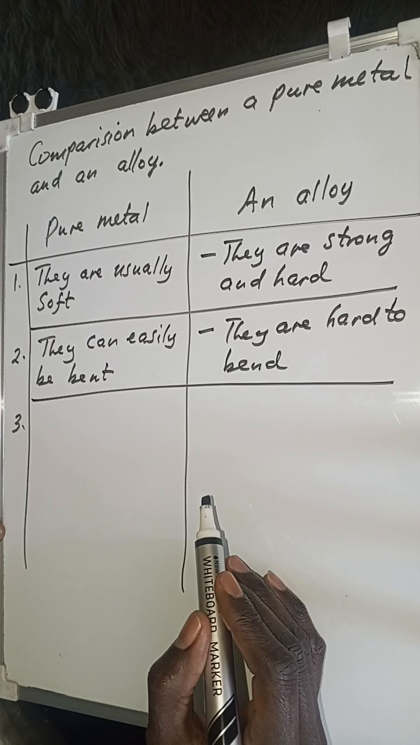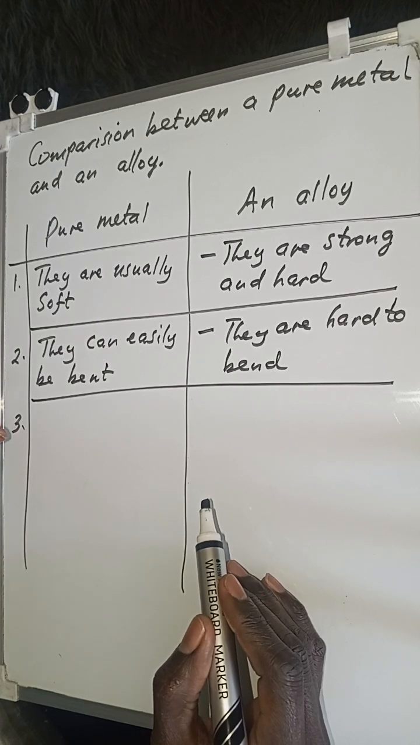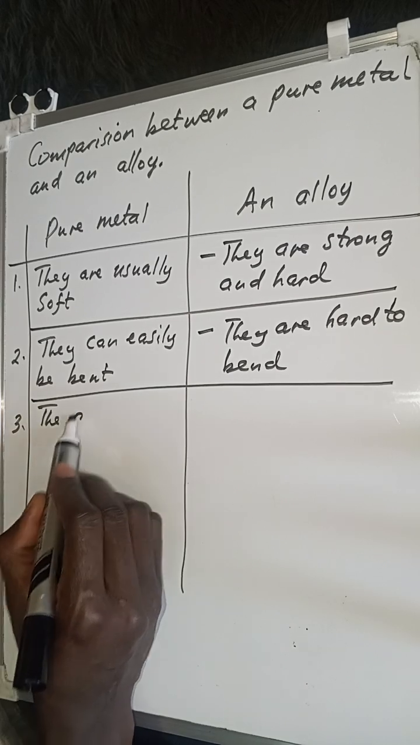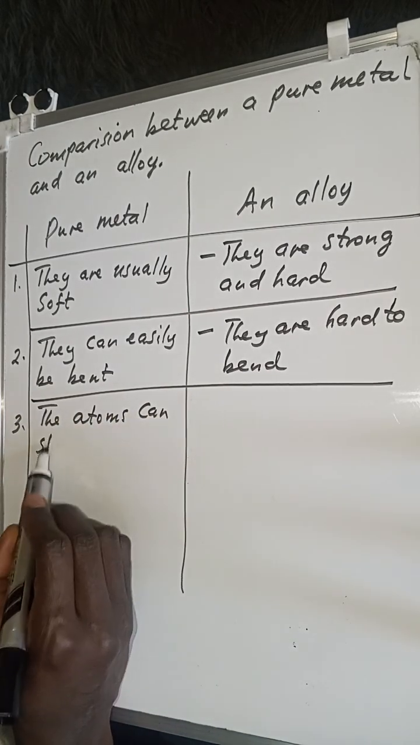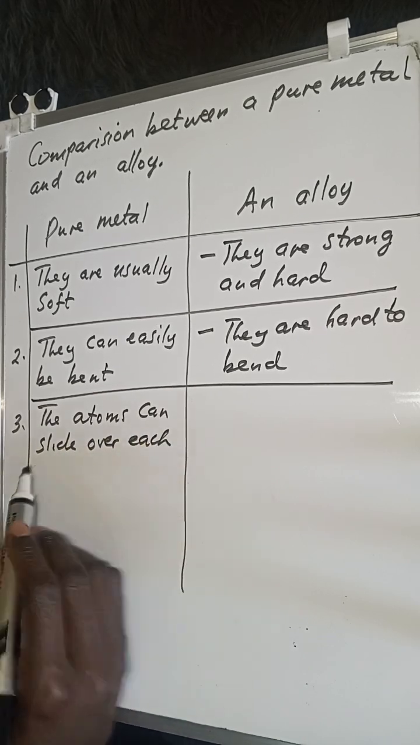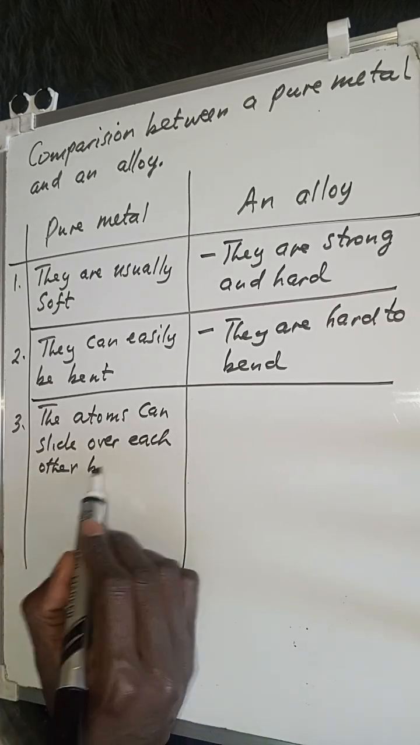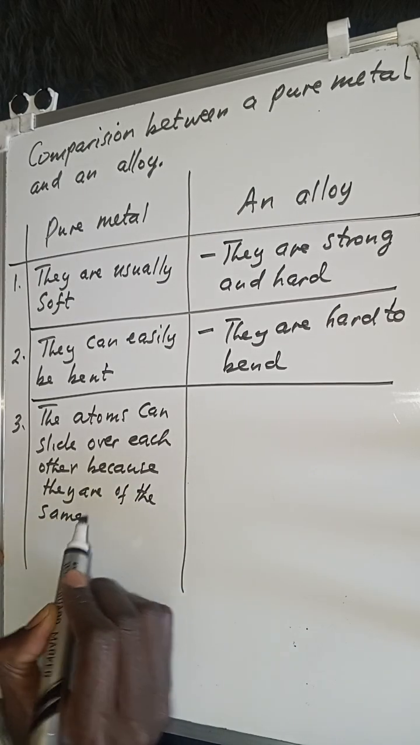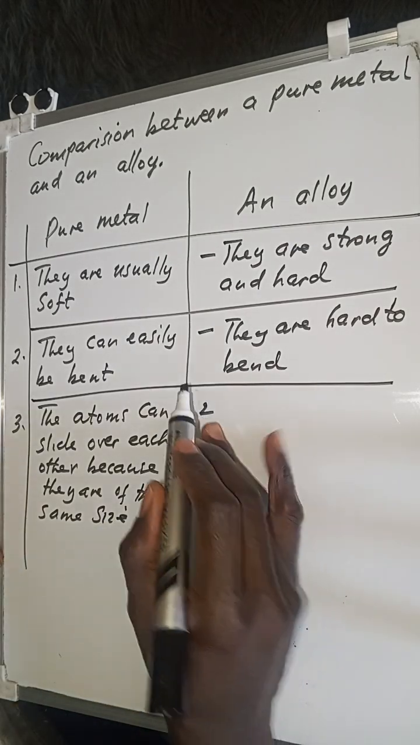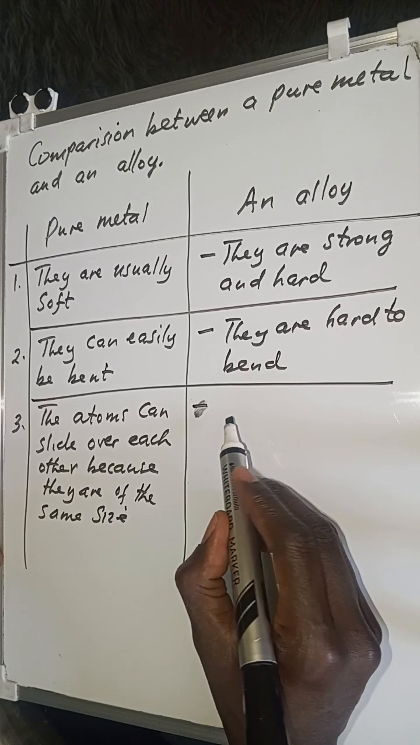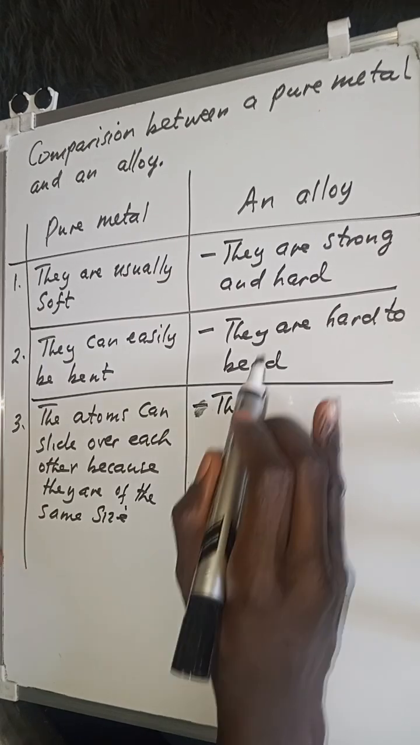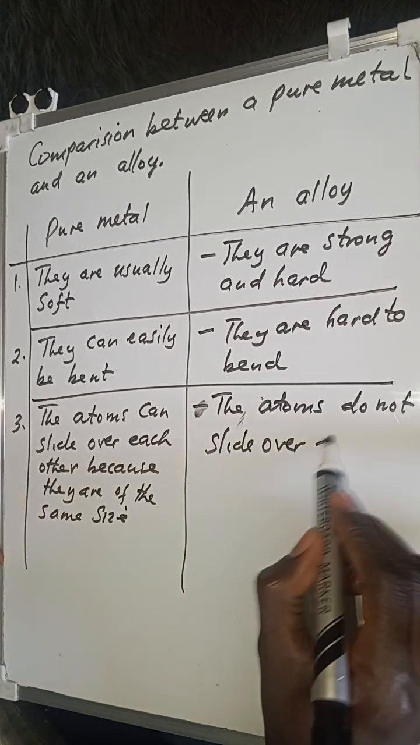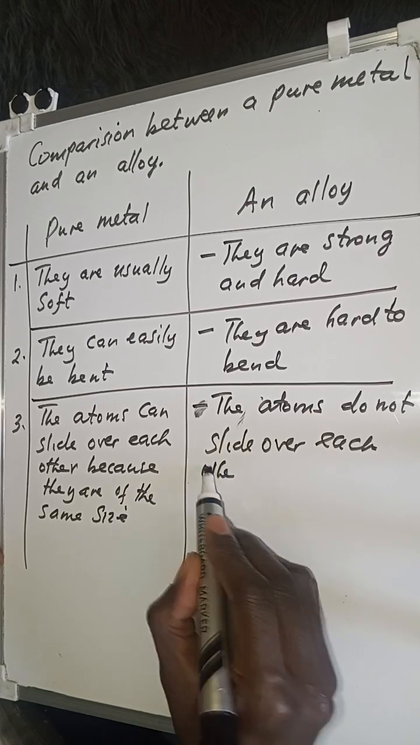Another difference is that when we talk about a pure metal, remember the atoms can slide over each other because they are of the same size. The atoms can slide over each other because they are of the same size. That is what we mean. All right. Then what about an alloy? Well, the atoms do not slide over each other easily